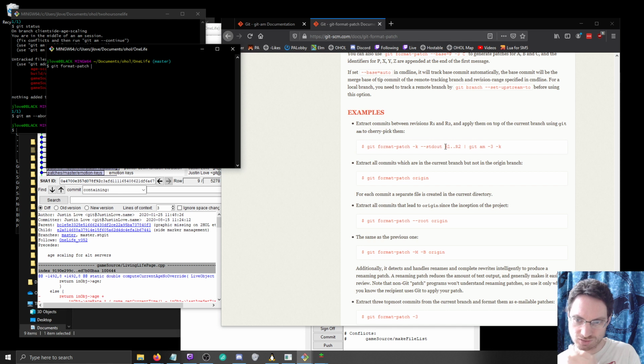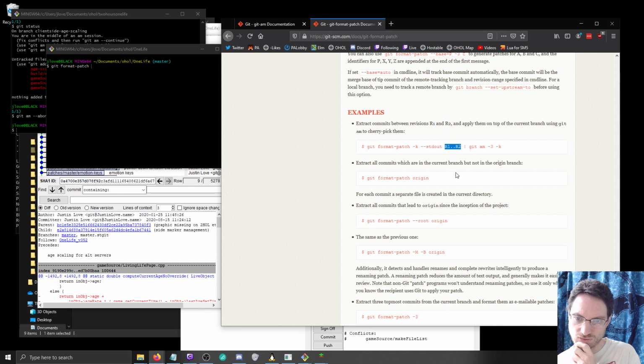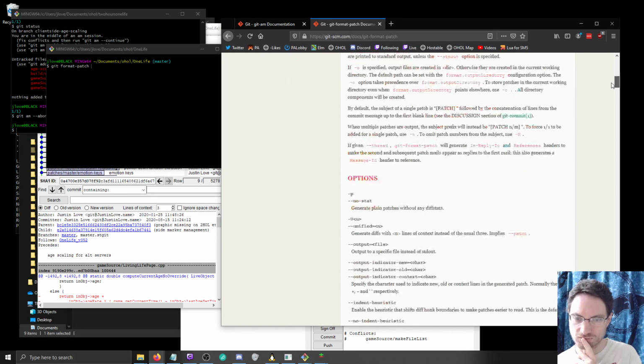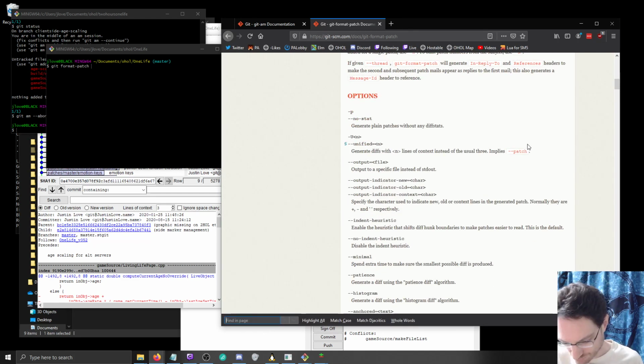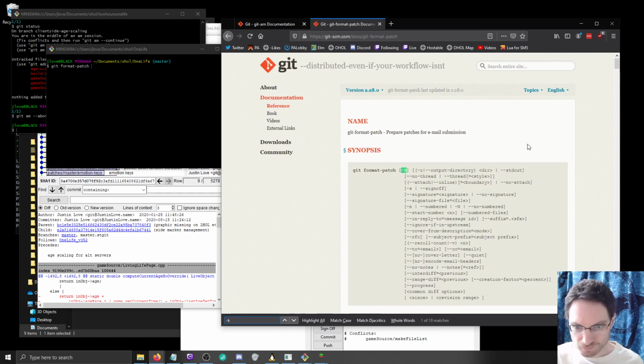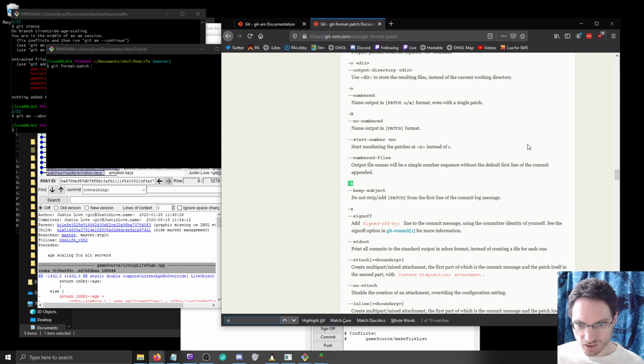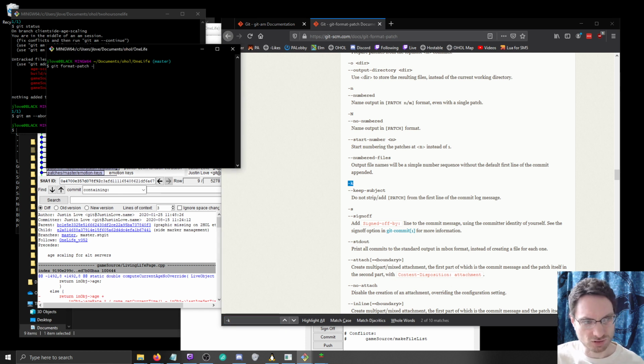I mean, I suppose that's working as effectively a cherry-pick, so I just put a commit there. Okay. So what's -k? Do not strip or add the patch prefix from the first line of the commit log message. So I guess that would say, well, that was stdout, so